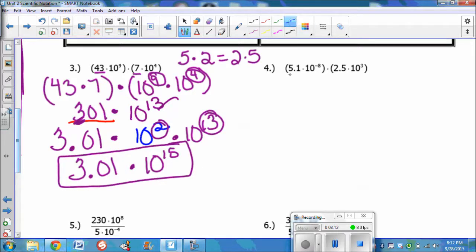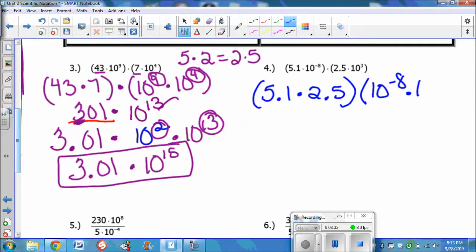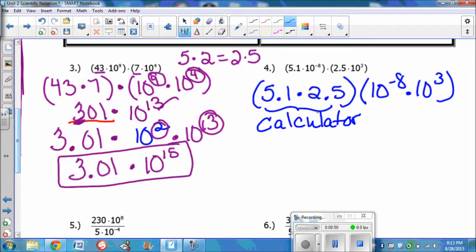So let's do the same thing with this one. We've got all multiplication here when I examine this problem. So now let's put the coefficients next to each other because we have to multiply the coefficients. And then when we multiply the powers of 10, we need to remember that we add the exponents. So 5.1 times 2.5, let's go right to your calculator and multiply 5.1 times 2.5 in your calculator. And you should get